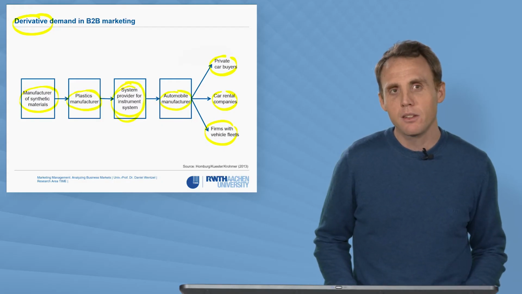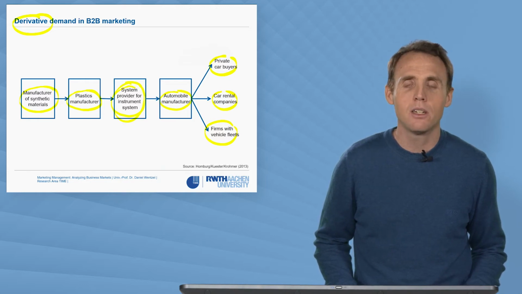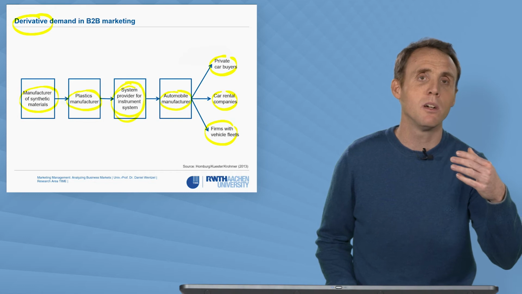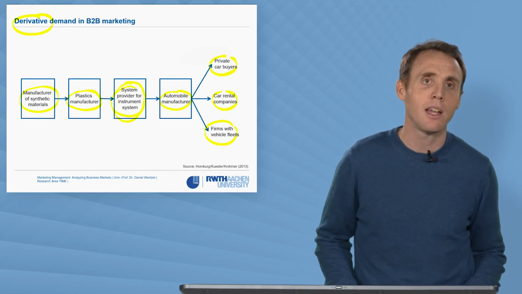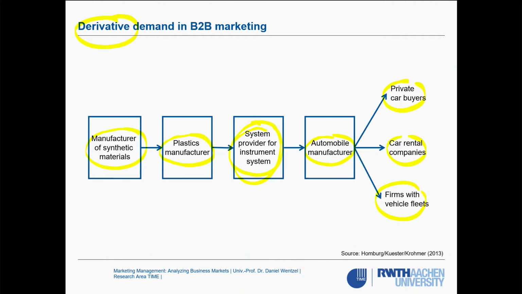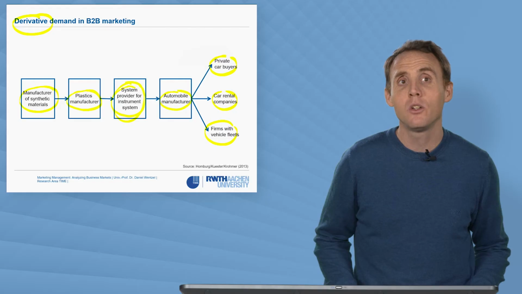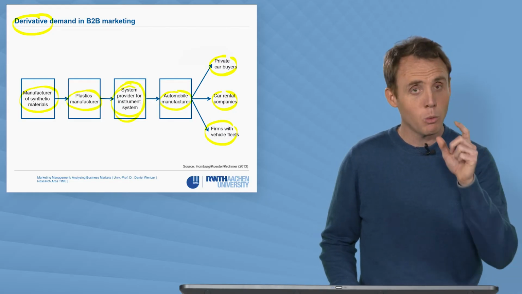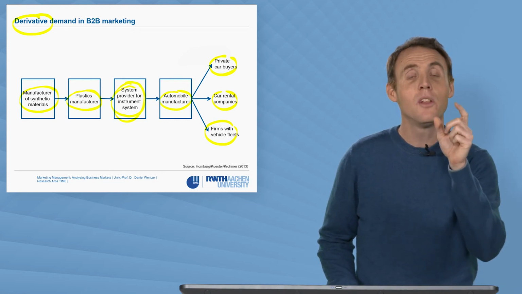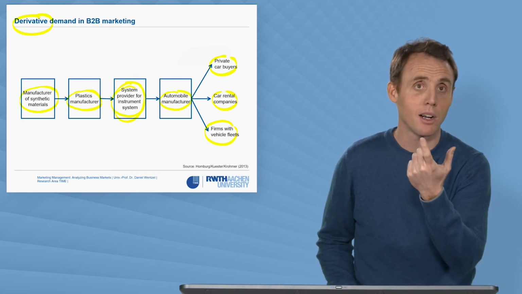The first one is that in order for you to be successful, it's not enough to just focus on the direct customer. You will also always need to have a good understanding of the end customer market. If you're a company like Bosch providing instrument systems, you need to have a very good understanding of how end consumers, people like you and me, make their choices regarding cars. Only if BMW can sell enough cars to end customers will they be able to buy these systems from you. So if you want to be successful, you need to make sure that BMW is also successful on their markets.